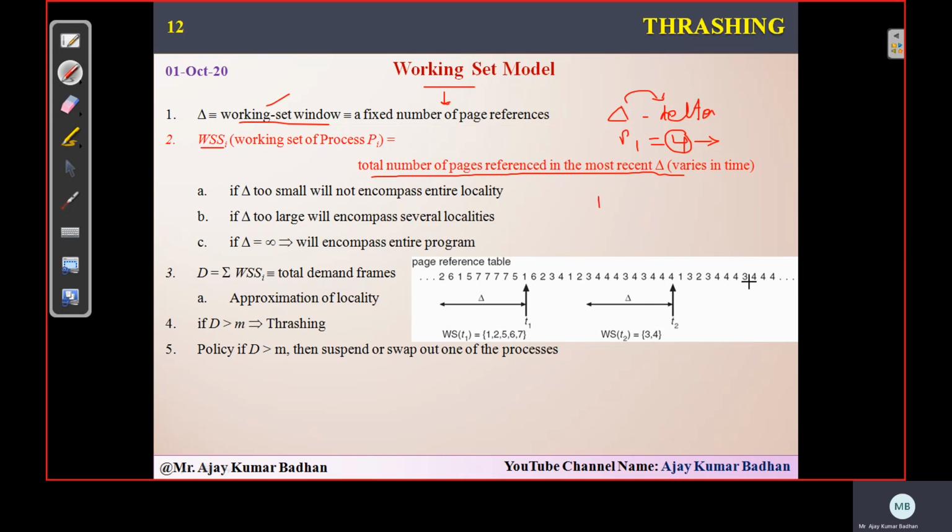Like we have pages, all these are the pages you can see here. In this we have 2 working sets, T1 and T2. The working set will have a range. Let us suppose 10. In this diagram, I am taking a set of 10. You can see 1, 2, 3, 4, 5, 6, 7, 8, 9, 10. Now this is another working set, T2. From here you can count 1, 2, 3, 4, 5, 6, 7, 8, 9, 10. So this is a set of 10 working sets.